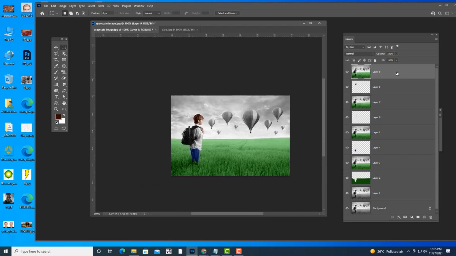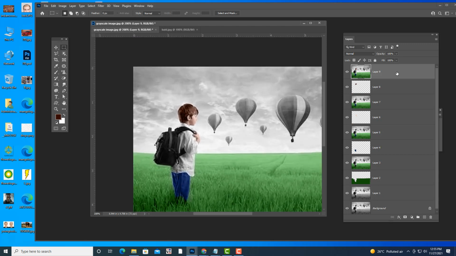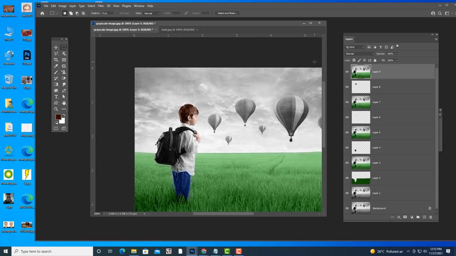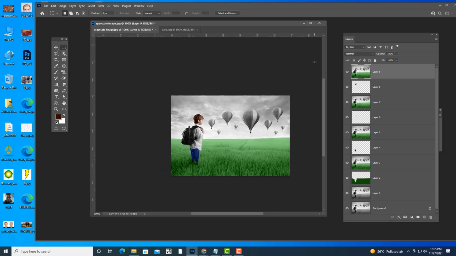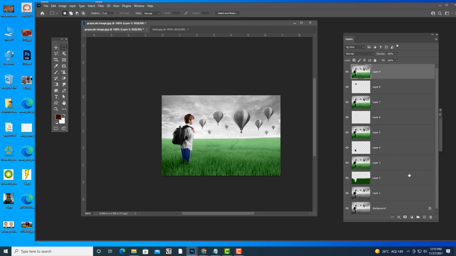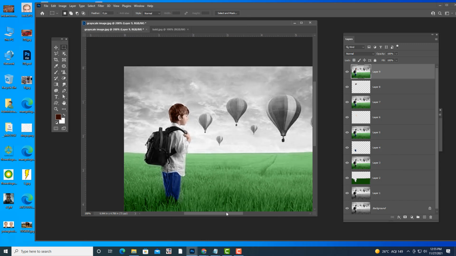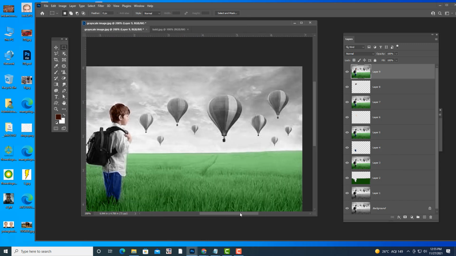Okay, so then see, we are left with only this one. Okay, the clouds, the sky and balloons. So just sky and balloons. So how to paint color for sky and balloons, because balloons are a little bit difficult. So how we can do that? See, first we'll give color for the balloons, and then we will colorize the sky.